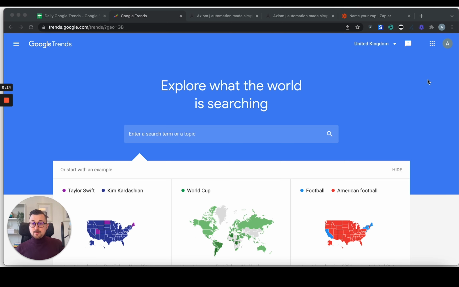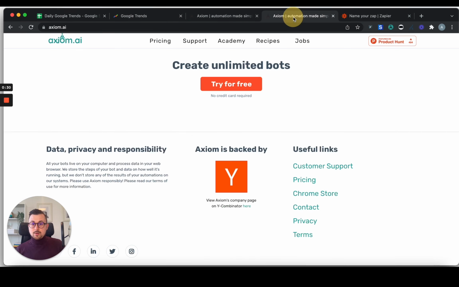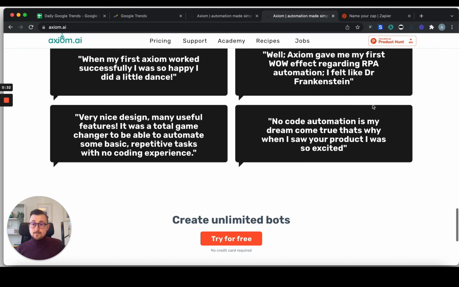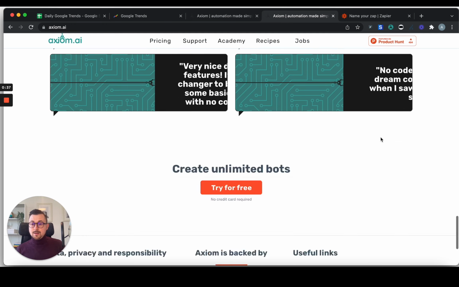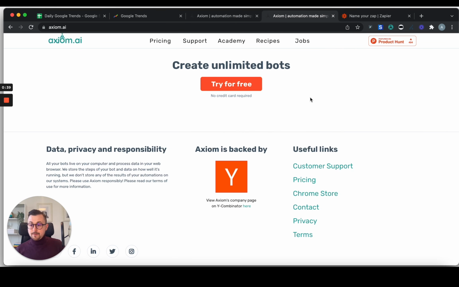It's pretty simple. We do need a few tools to do it. The first one being an automation bot called Axiom. It's great. It's probably one of the best ones I've found for the price, and you get 30 minutes of runtime for free. Our app is going to be around 1 to 2 minutes of runtime, potentially less. And also we need Zapier. Zapier is for the automation. I think you get 100 tasks per month on the free plan, so that should be more than enough to